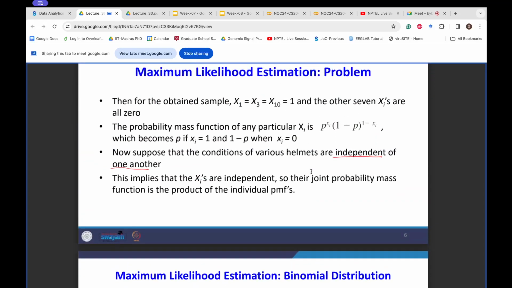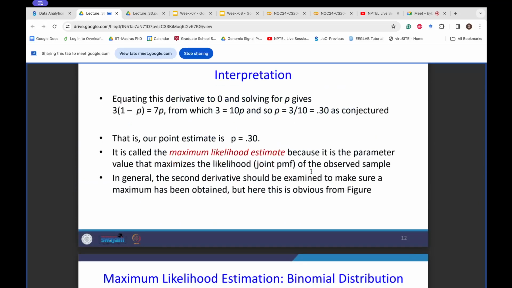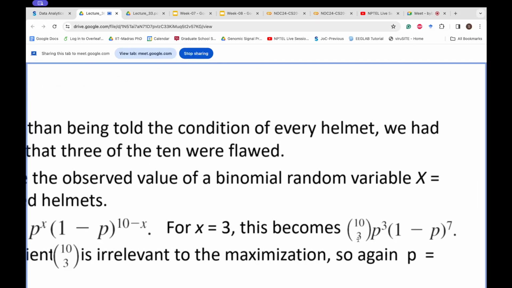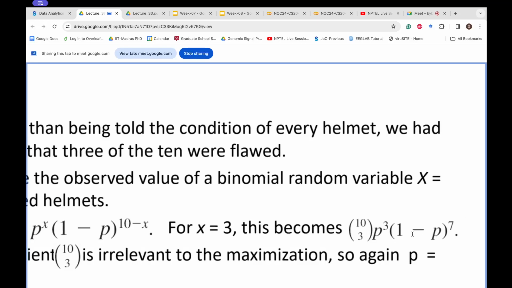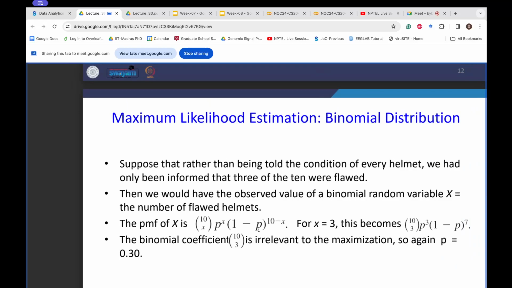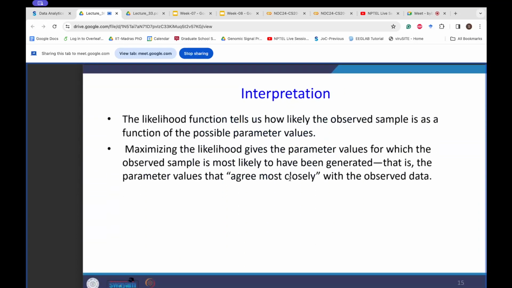Similar to what we did over here in the Bernoulli distribution, in this case we will have this extra term, that is the combination. Out of the 10 helmets, you are choosing 3 helmets that are flawed, and the probability of being flawed is p. So it will be 10C3 p to the power 3 into 1 minus p to the power 7. It can be generalized to any value: 10Cx p to the power x into 1 minus p to the power 10 minus x. Now you want to find the value of p over here. You have been given the values of these data points x1, x2, x3 up to xn. You have to substitute them over here, take the product of the values